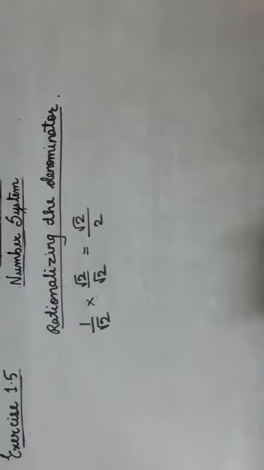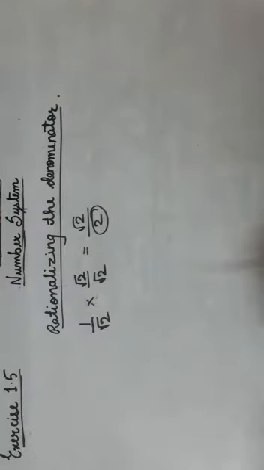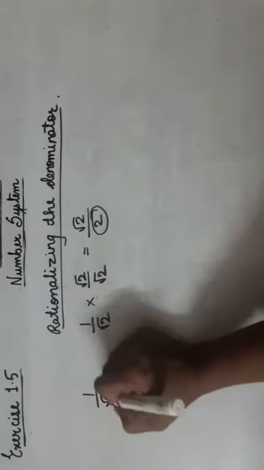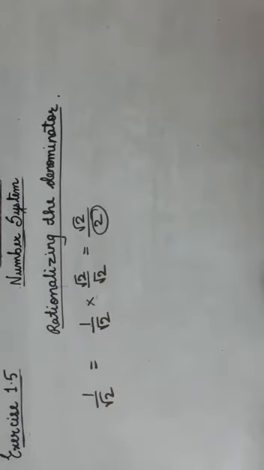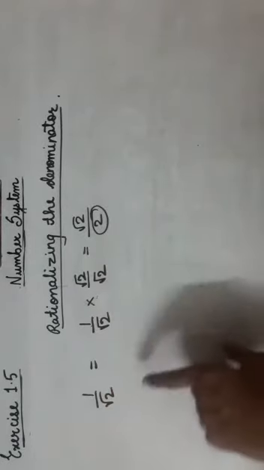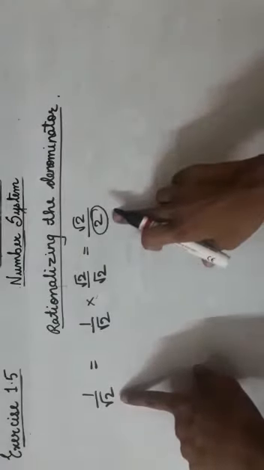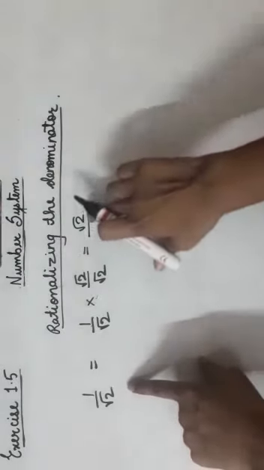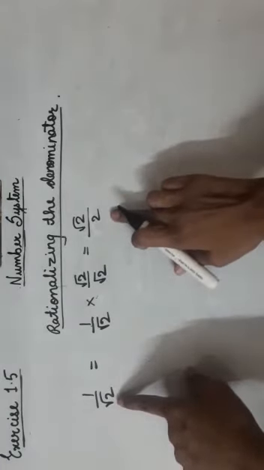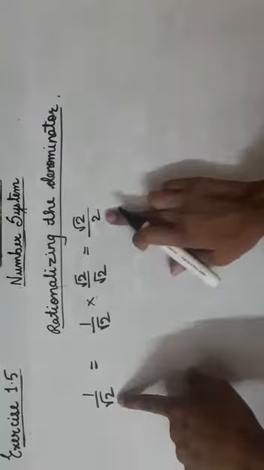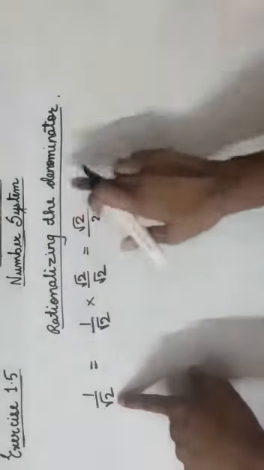Clear? Now check your denominator. Your denominator is 2. 2 is a rational number. So that 1 by root 2 we were rationalizing the denominator, right? So the same number is now written in the form of root 2 by 2, where your denominator is no longer irrational, it has become a rational number, that is 2, without changing the value. So in this way we have rationalized the denominator. The denominator was an irrational number, we have made it rational. So this process is called rationalizing the denominator.